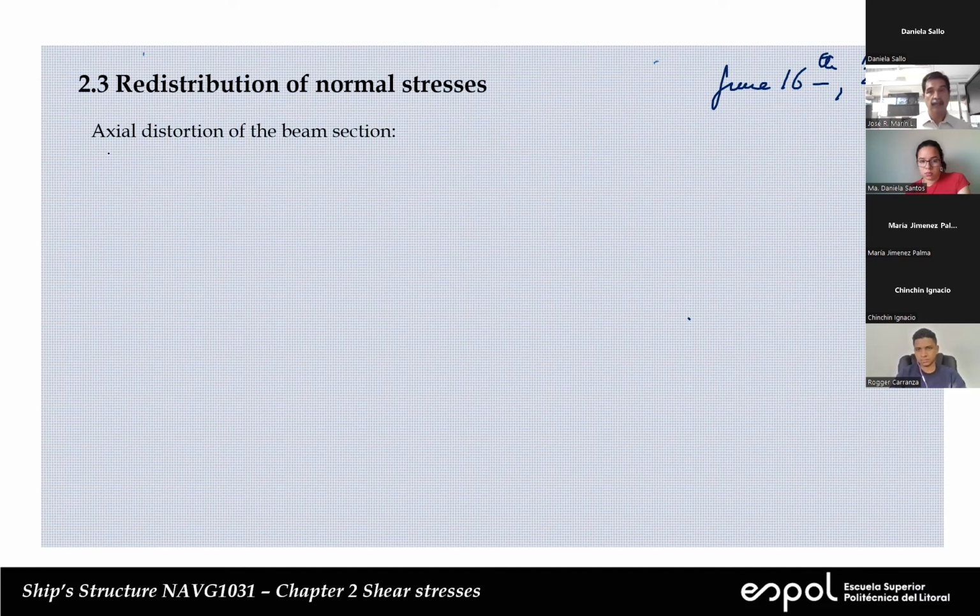Today we're going to admit that this section moves vertically and rotates, but also there's going to be some distortion, okay? The axial motion is not going to be just that. It's going to be something extra, and that's because we have shear stress, and we are going to consider that. So we cannot neglect the effect of shear stress. That's the origin of this point. Okay, so we have this relation,